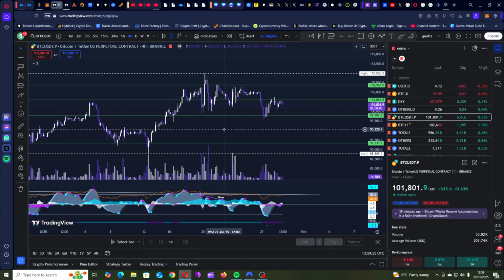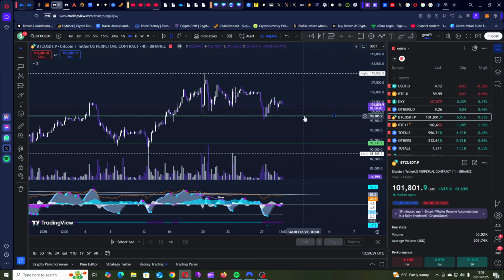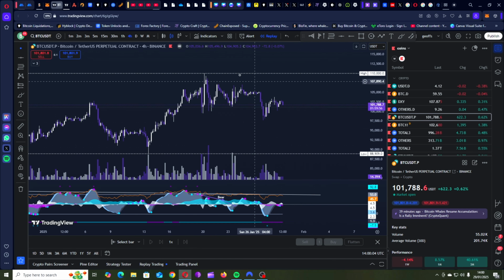So 4 hour BTC. Do you know what? I'm going to move them. And then we're going to start again with this on market structure. Okay, so 4 hour BTC right now. Okay,